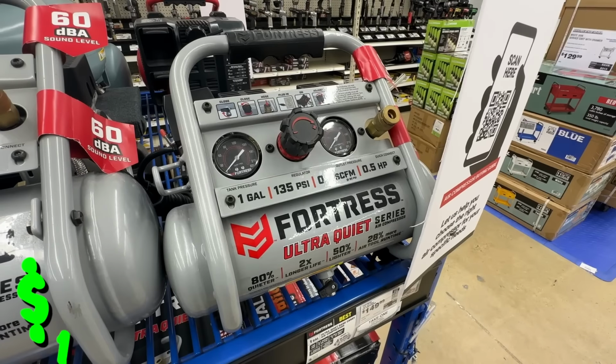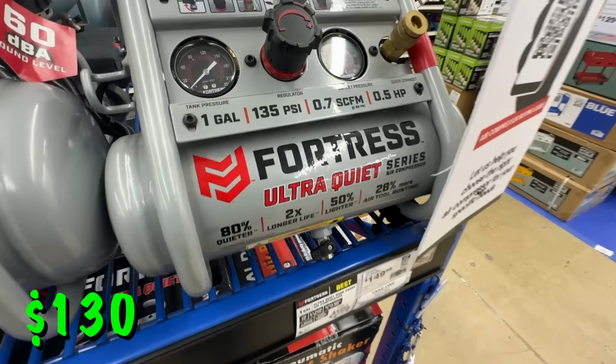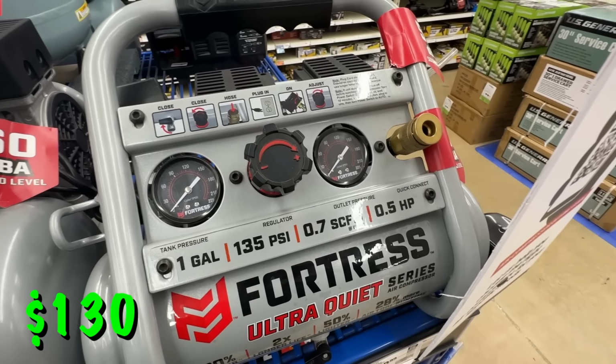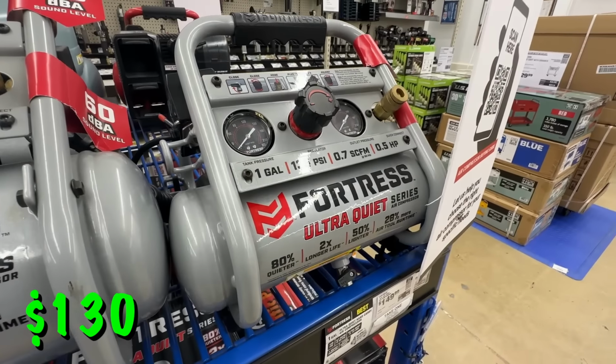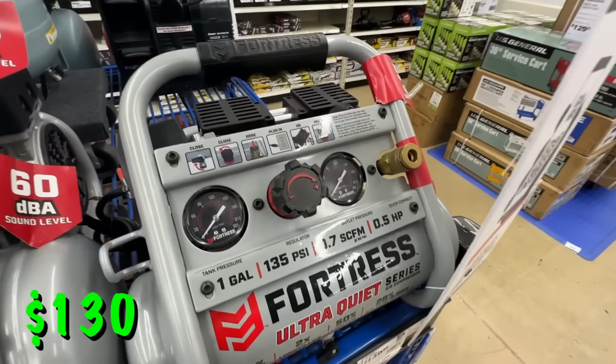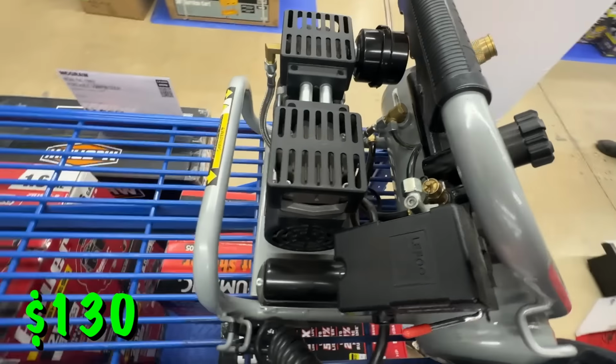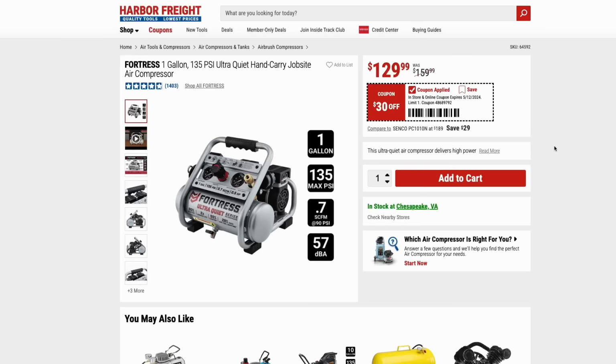A bunch of the Fortress air compressors are on sale this month, and we're going to start things off with the 1-gallon, 135 PSI, ultra-quiet job site hand carry air compressor. So a long title there, but I just love all the features in this one. This is the perfect one for most homeowners and light duty use. You're really getting some great features that you're going to appreciate, like an easy carry handle, and the ultra quiet, which is so much quieter than the other air compressors that you're used to. It is only a 1-gallon capacity, so keep that in mind. But if you can get around that, this is your ultra compact, nice portable unit here,